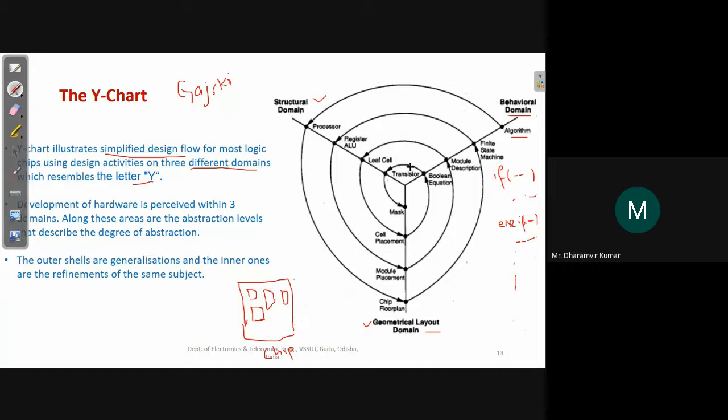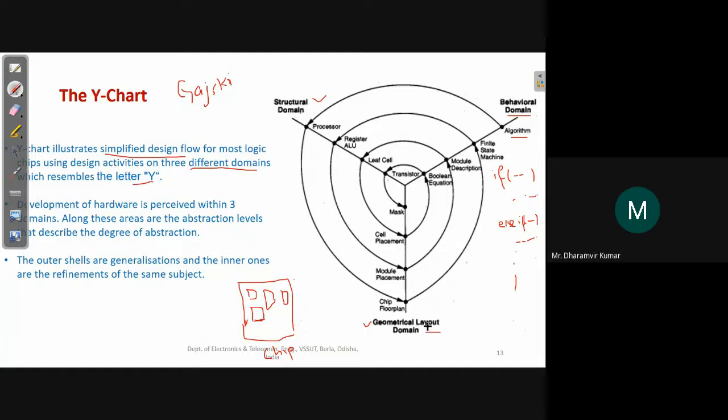Then we reach the bottom part in the structural domain, which consists of transistors. And in the geometrical part, parallel to this is the mask, which is used to fabricate those chips. So we have followed this spiral this way, although it becomes a bit confusing here, but it will make sense if you go from top to bottom for each of these domains.